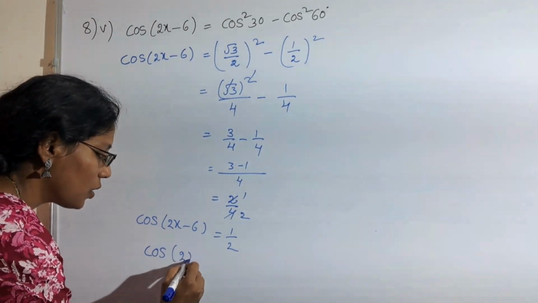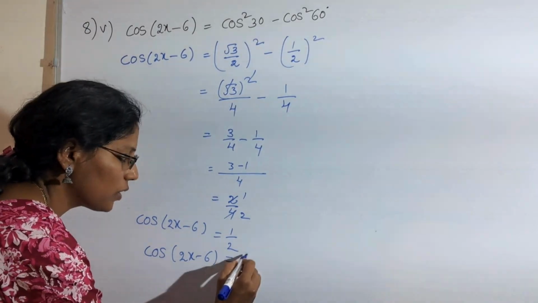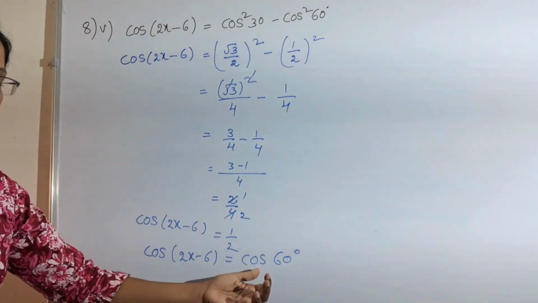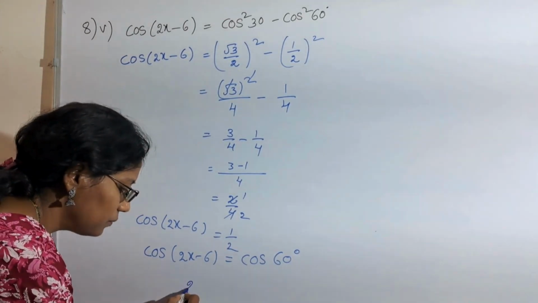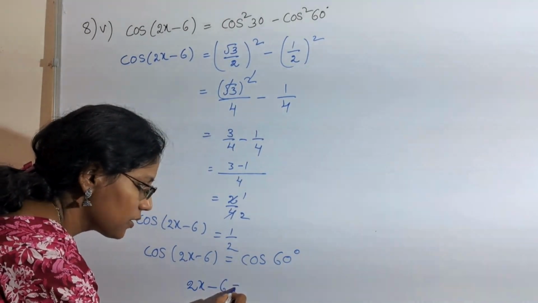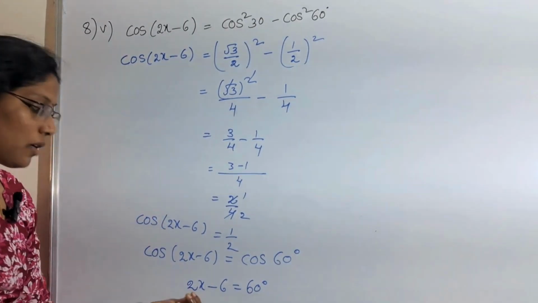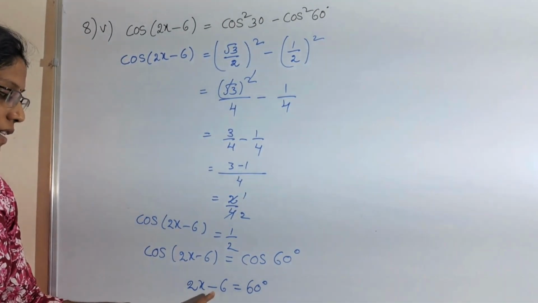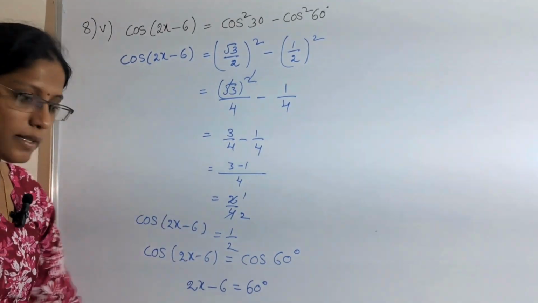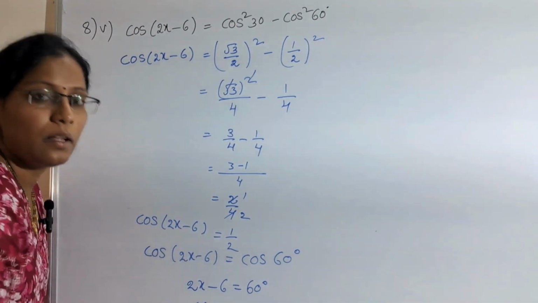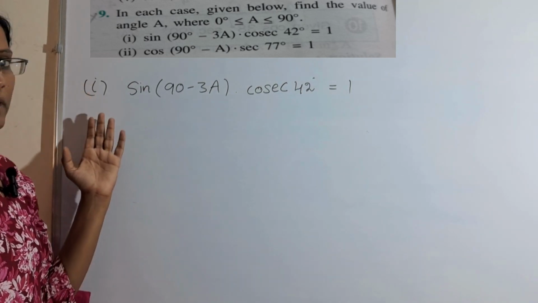cos of 2x minus 6 is equal to cos 60 degrees. Here cos cancels. Remaining 2x minus 6 is equal to 60 degrees. Here we only want the x value. First, the minus 6 we have to shift to the right side. 2x is equal to